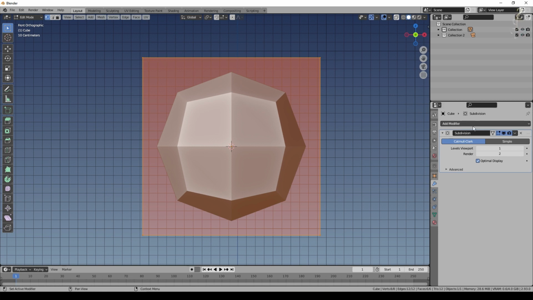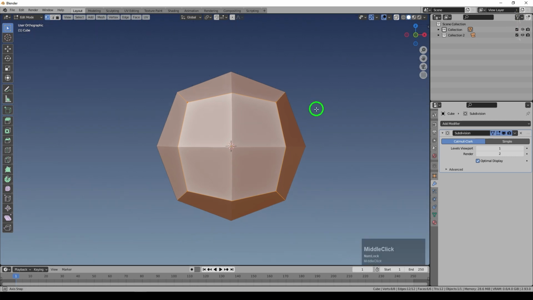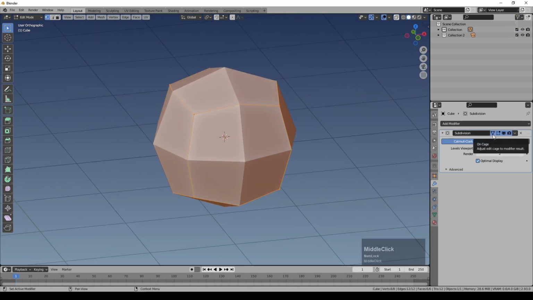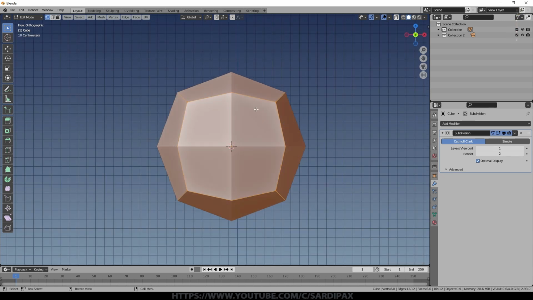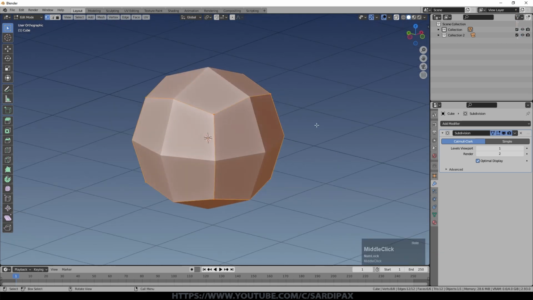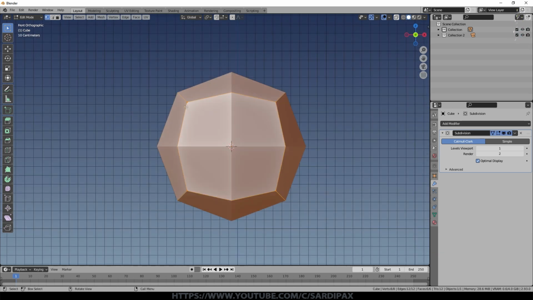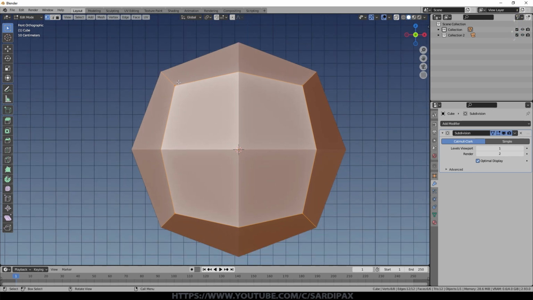So if we have a look, what we've actually done by adding a level 1, viewport level 1, and I'll talk about the other number in a moment, by adding a viewport level 1 subdivision, we've added additional vertices. If I turn this on, we can now see where those vertices are. So this just shows the shape even in edit mode as it is after adding this modifier. So we originally had 8, and you can see we've got additional vertices between each one. So just looking at this front face here, we've got 8 vertices just on this front face, which of course originally only had 4. So for all intents and purposes, it's added vertices between each one, as well as adding another vertex in the center here.